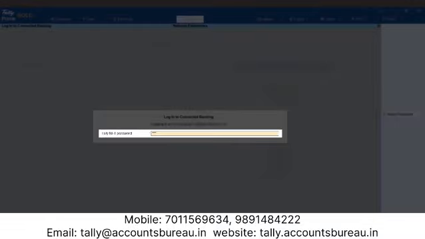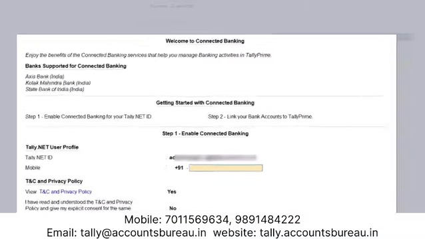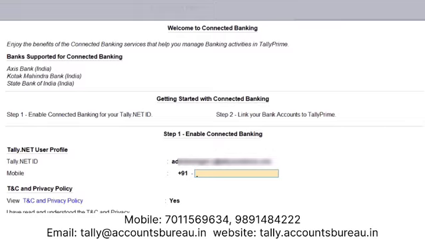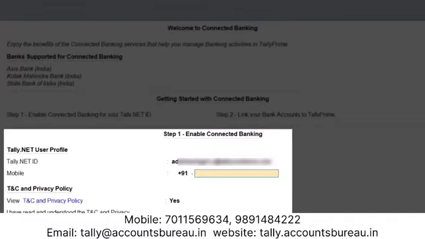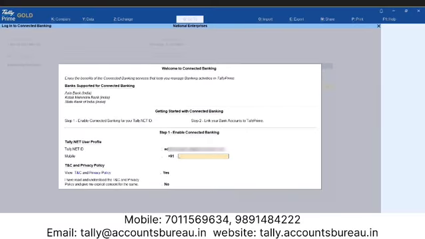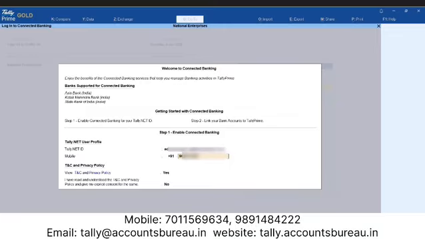Now, enter the password. When you are logging in for the first time, you get a welcome screen where you can see the supported banks and enable connected banking. Enter the mobile number that you want to link with your Tally.net ID.